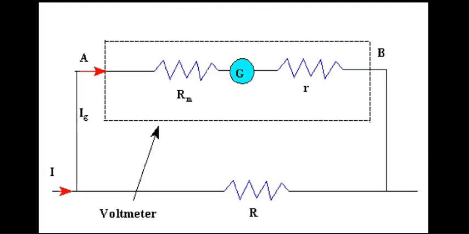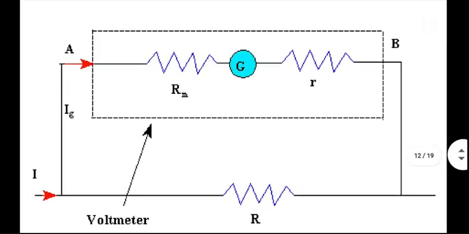Actually, it's RA, I think. Whatever it is, it's an external resistance. I call it REXT, external resistance. So what will happen is, if the amount of voltage that you want to measure is applied between capital A and capital B, it will create a current which will be V divided by RM plus R.